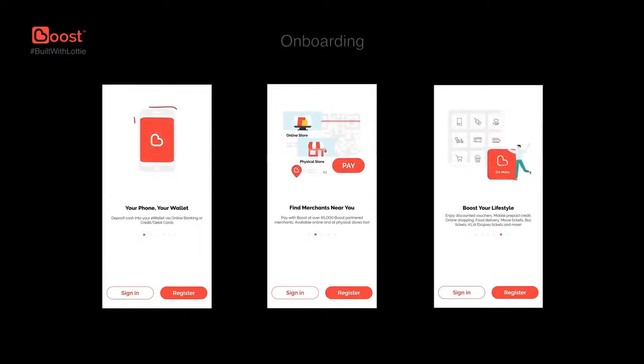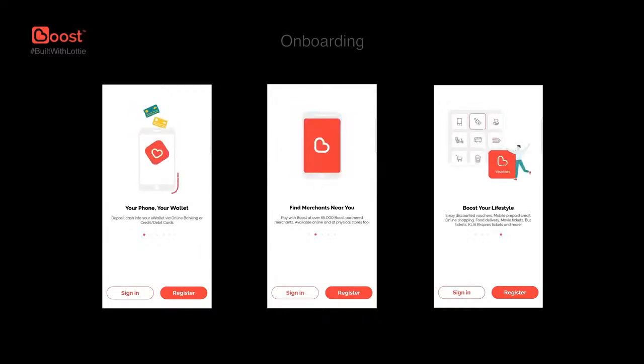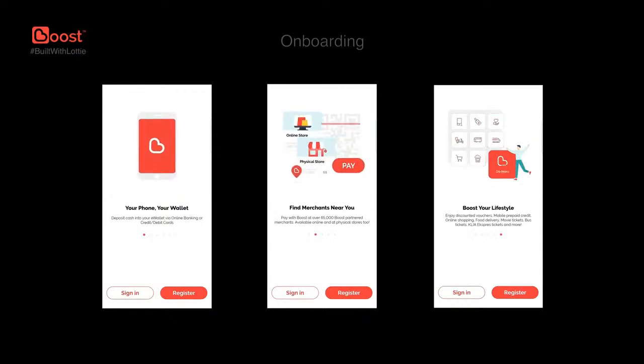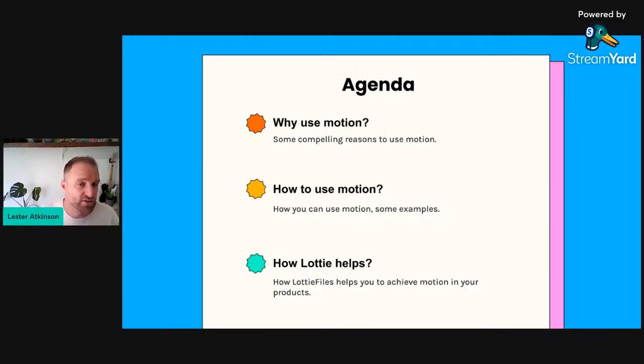And here, Boost does this wonderfully. They show you what you're getting into. They're showing you, hey, you can now put your money into your phone, which acts like your wallet. Brilliant, easy to understand. On the second screen, immediately I can see, right, I can pay with a QR scanning code. I can pay merchants online, or even in